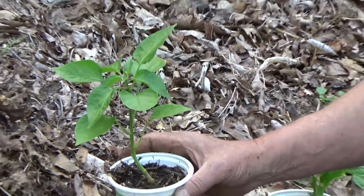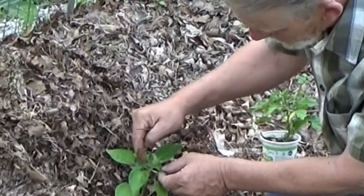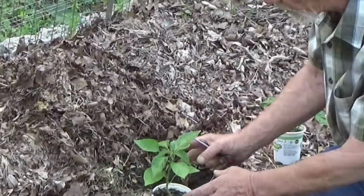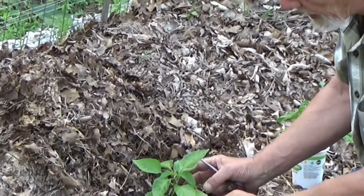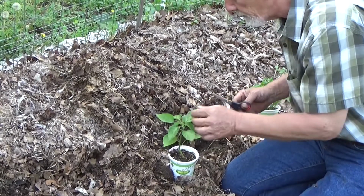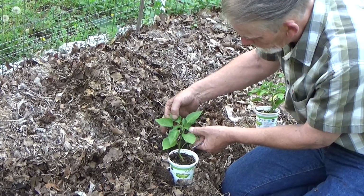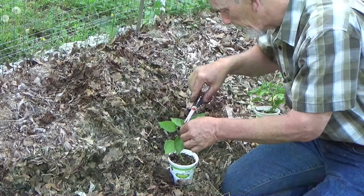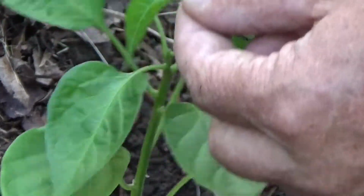You want to leave at least 6 leaves on there. All of its growth is coming right in here to this center part to grow up. We want those roots to establish, and we want this to bush out more. So we're going to take this top little node off. We're going to leave these 2 leaves, and we're going to cut it right there at the Y. So you just clip that off,